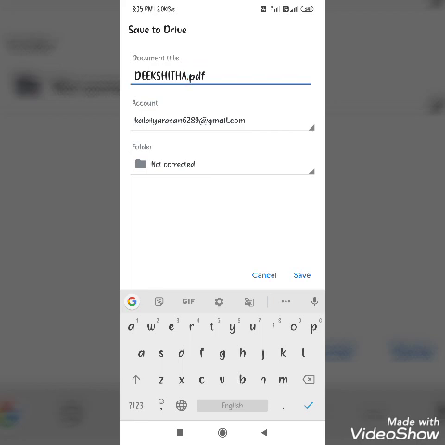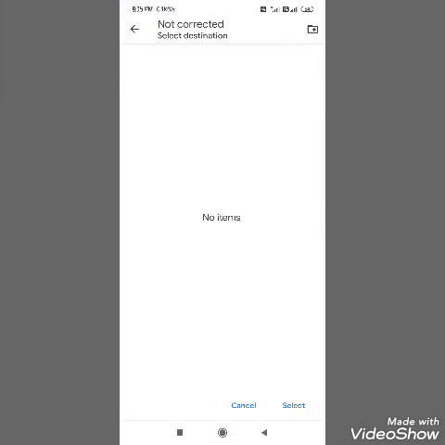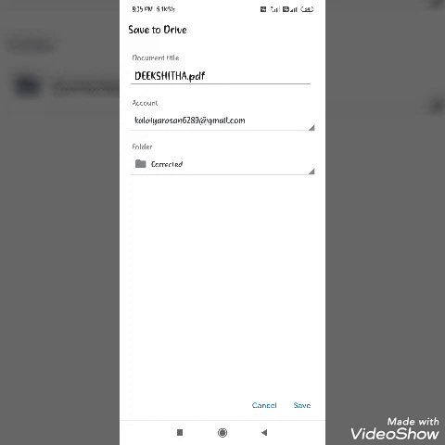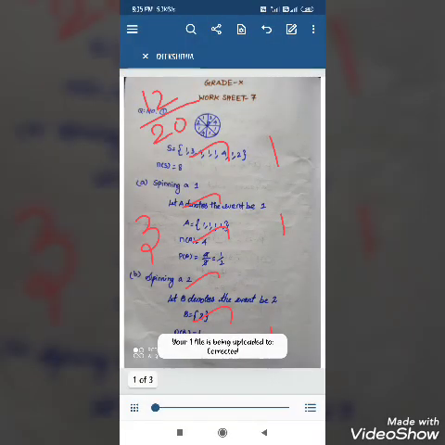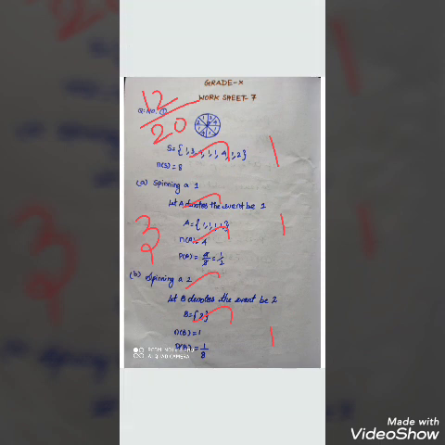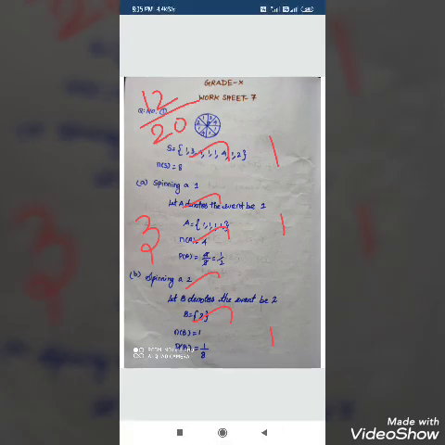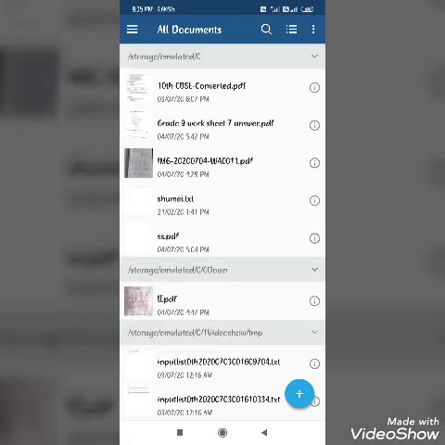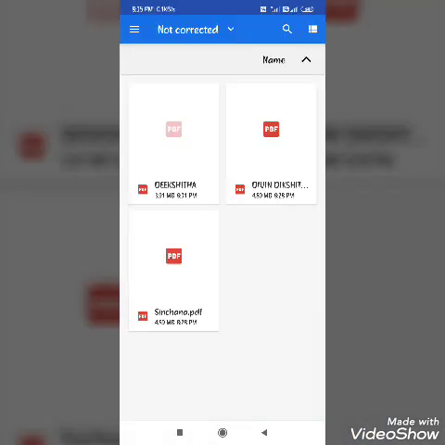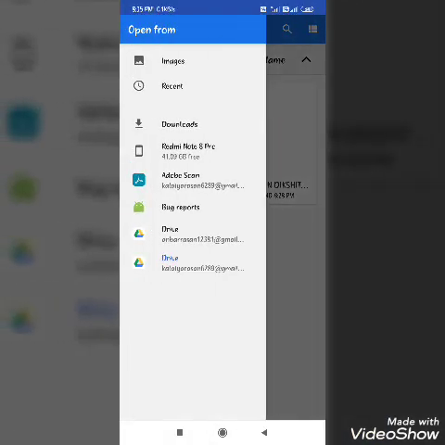Already it's not corrected. Now you select corrected paper, because I corrected Dikshita's paper. So because of that I have to go and click corrected, and I select and save. Already the name is there, because of that I directly save it. So now one paper I finished the correction and everything, and I have to save that one into Google Drive. Again I move to the Google Drive and I have to select another paper